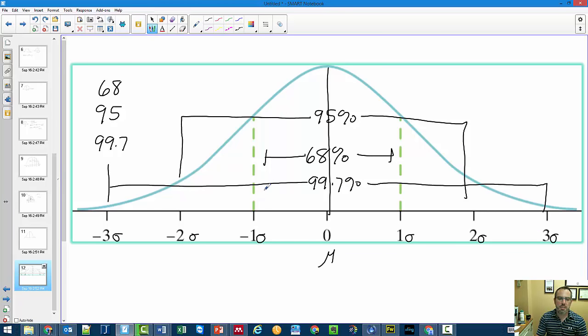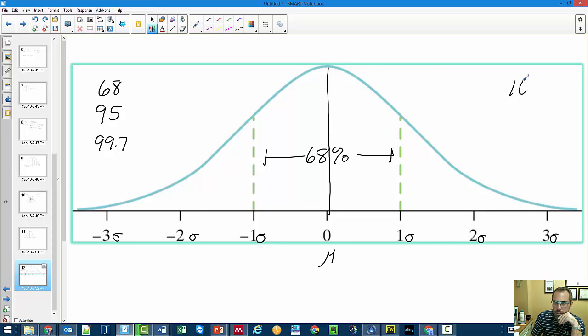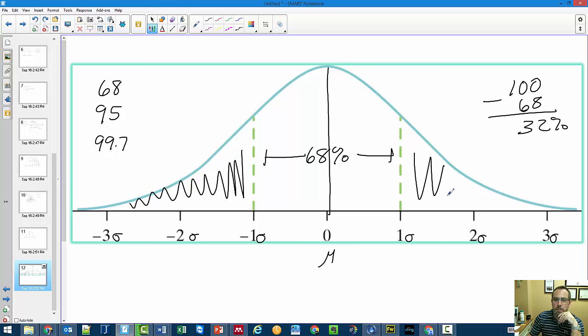Now think about what that means. If I undo some of those ideas, if 68% of the data is between here, well, that leaves me with 100 minus 68%. That leaves me with 32% of the data on the outside. That leaves me with 32% over here and here combined, which tells me that these areas from the left edge